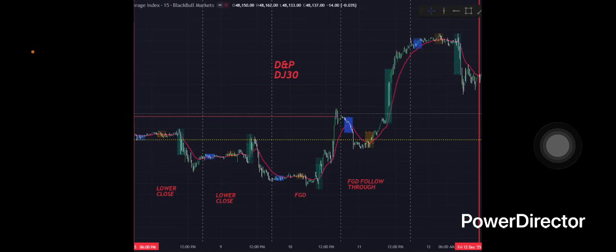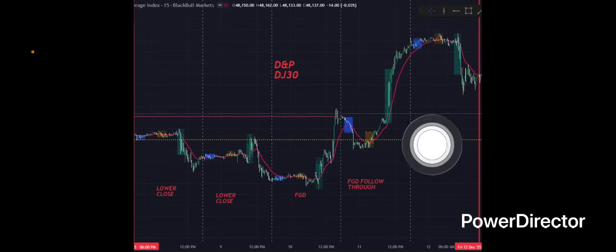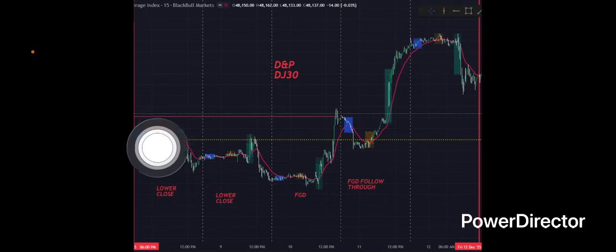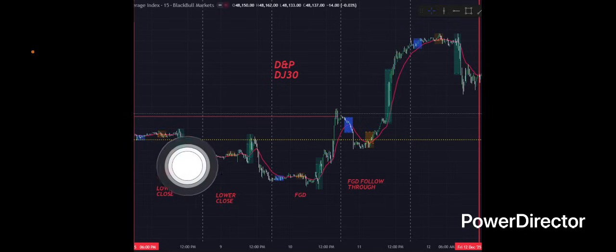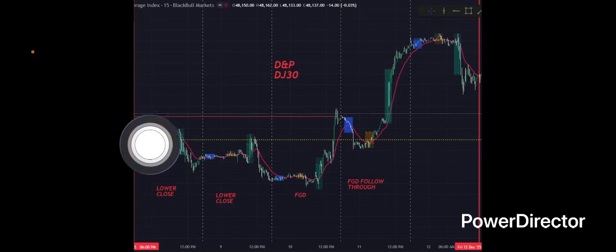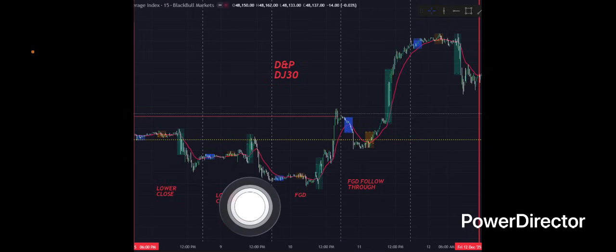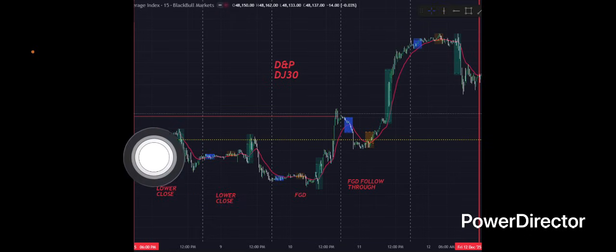This is a dump and pump template from the DJ30, all right? This was not last week, but the week before, right? So you can see the same sort of deal that we just went over in some of those slides. We have a Monday that gives a lower close, a Tuesday that gives a lower close, all right? And on that way down, we're getting pump and dump